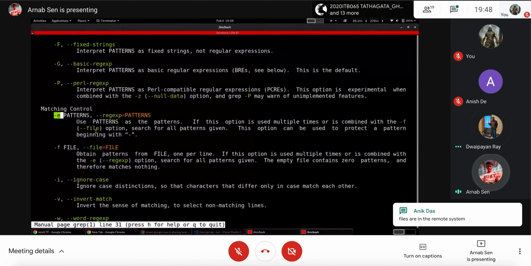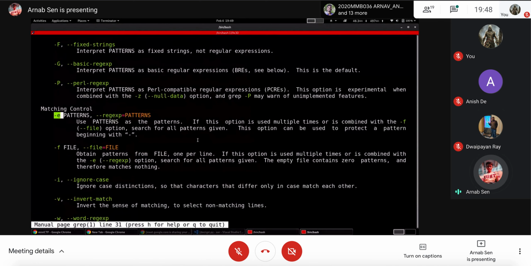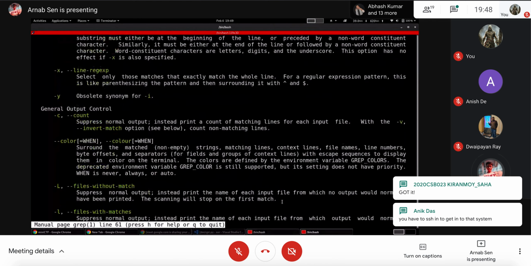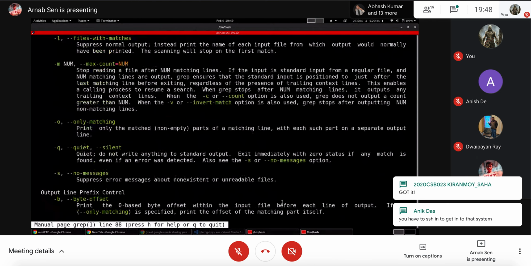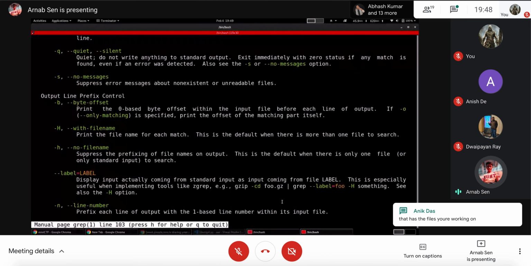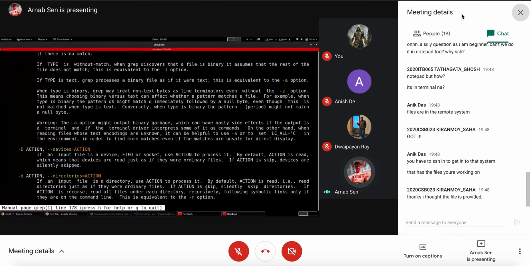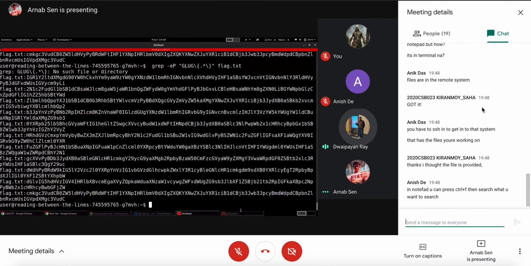A digest file, something is often combined with the MD5 option. Okay. Line regex. Byte offset with file name, label, line number, and all. Okay, grep minus W, minus WP. Minus WP. Yeah.